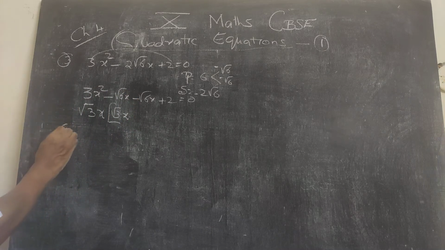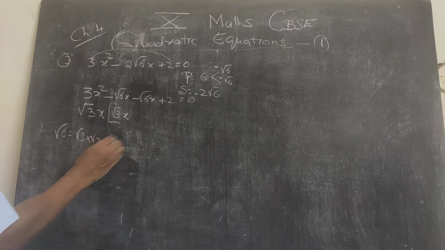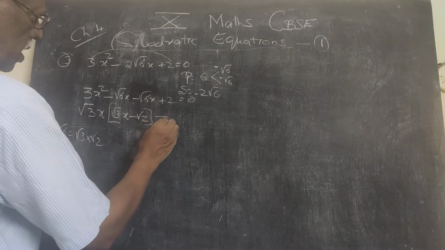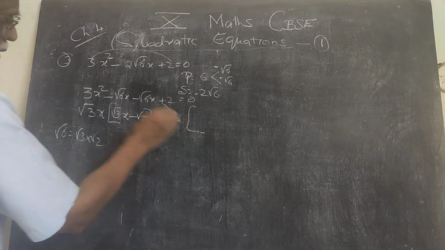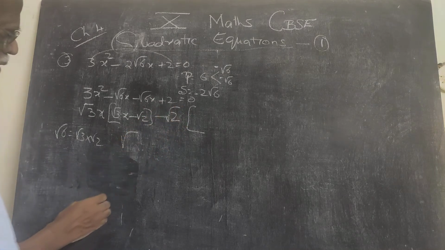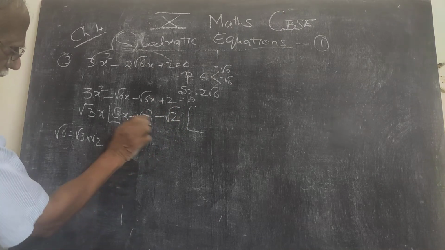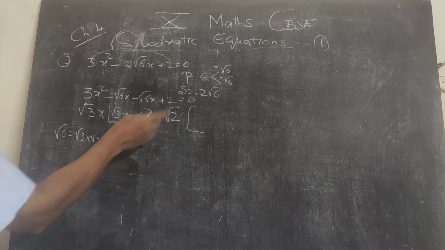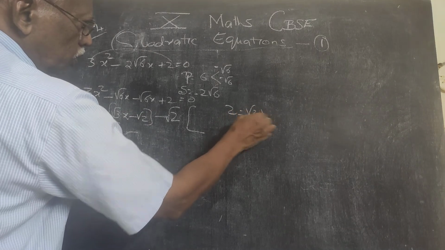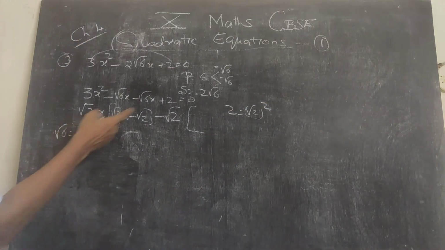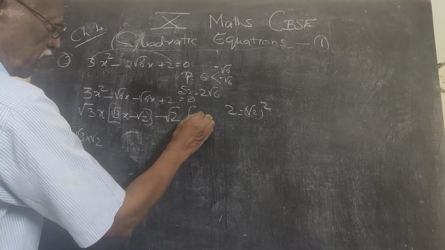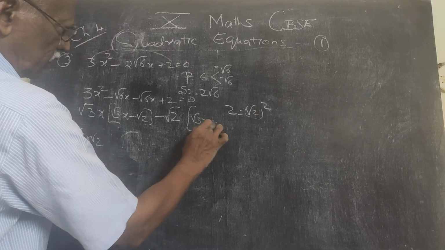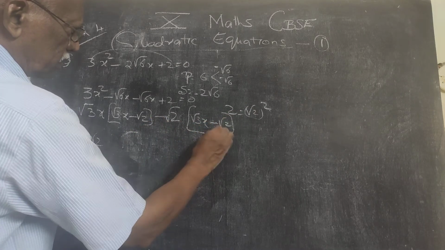The result will be here root 3x. Root 6 is root 3 into root 2. Therefore I can simply say minus root 2. Out of this I am taking minus root 2. So root 6, as I said, is equal to root 2 into root 3. I have taken root 2 because 2 is root 2 the whole square. So when I am taking root 2, you will be left with root 3x here, and here 1 root 2 will be there. Since I have taken minus, this will be minus.